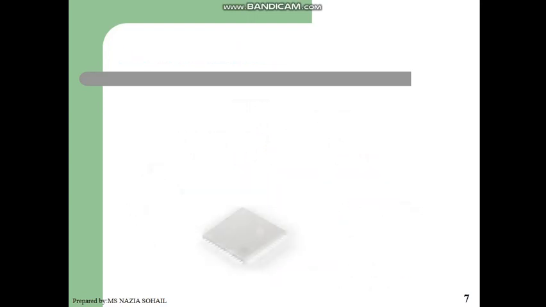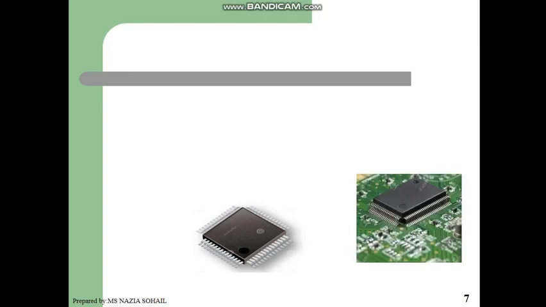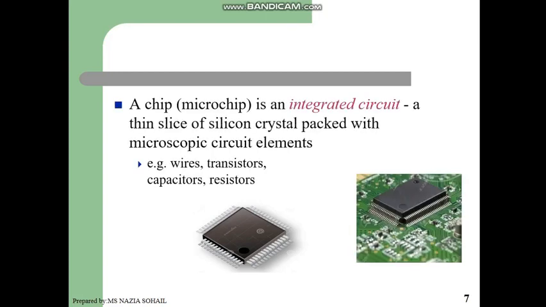Next slide. Okay students, as I defined in my lecture, what is this chip? This is the chip, and we call it the microchip. In the first generation we used vacuum tubes. In the second generation we used transistors, but in the third generation we used ICs, integrated circuits. Nowadays we also use this chip, integrated circuits, and small ICs.